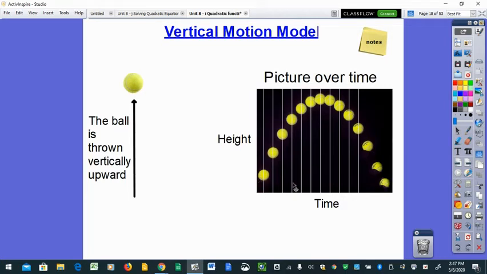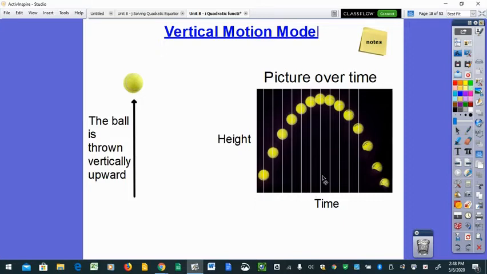But if we took pictures and put them next to each other, we would see that parabolic curve, which is a quadratic. So notice that the x-coordinates of all of these points that are represented by tennis balls represent time, and the y-coordinates of all of these points represented by the balls would be height. So when we look at the vertex right here, this is the highest point, the highest tennis ball,